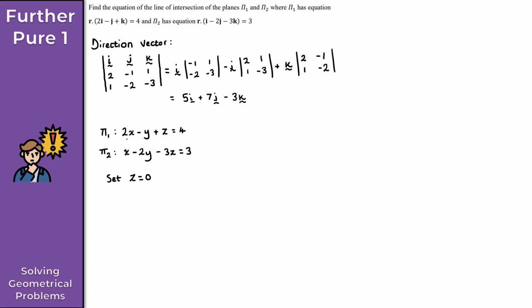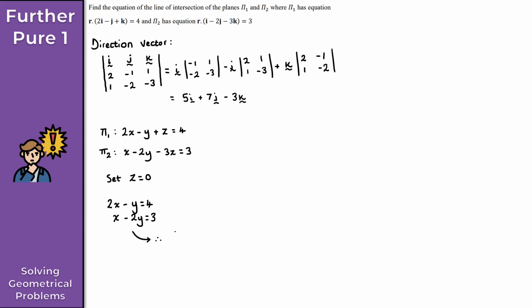If we do that then, I get 2x minus y is equal to 4. And what do I get here? So I get x minus 2y is equal to 3. Okay. And all we need to do now is solve these simultaneous equations here. You could also just use your calculator to solve these simultaneous equations. That's fine. But what you should get here then,